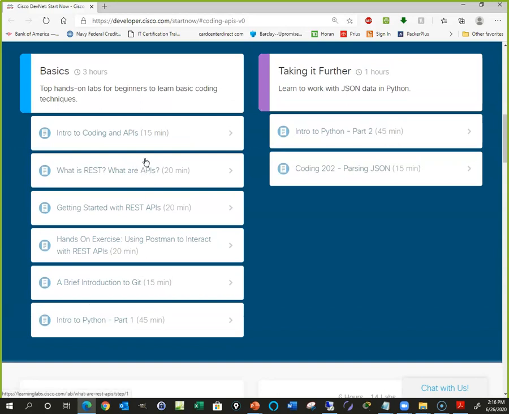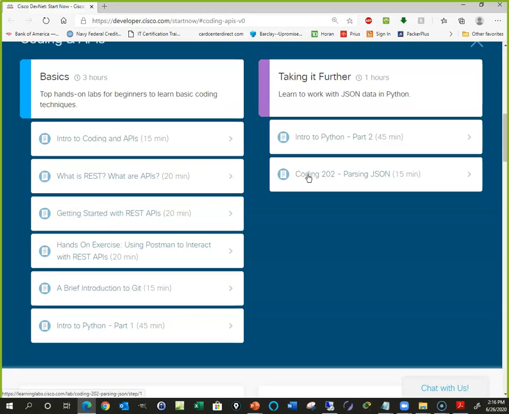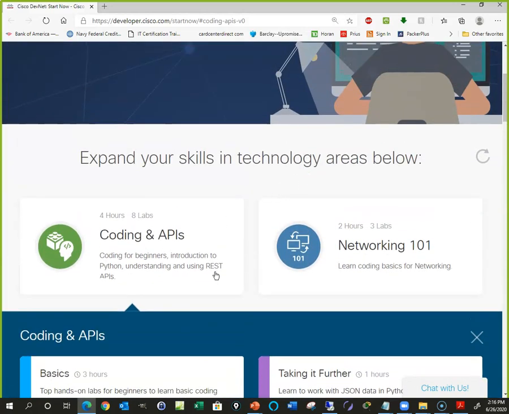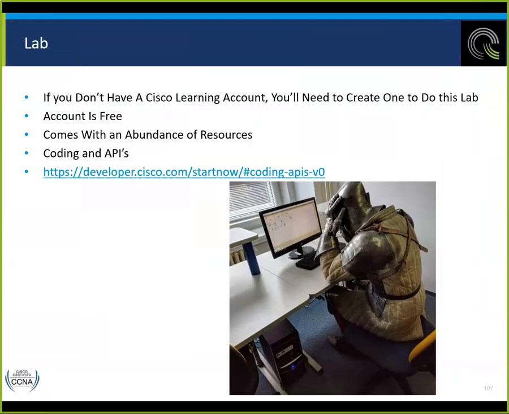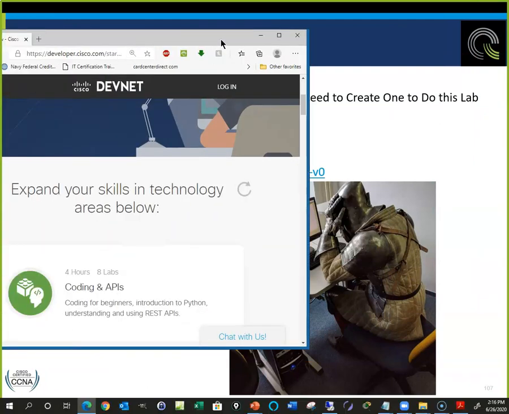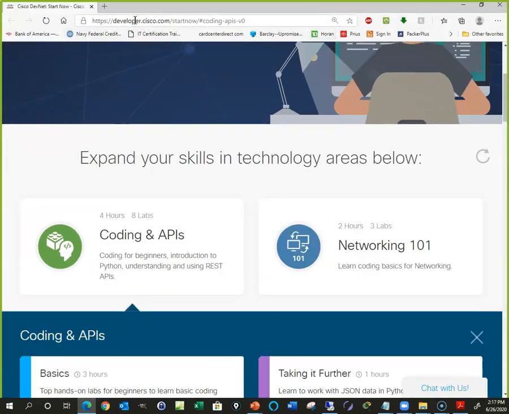But if you want a tutorial in coding: intro to coding, what is REST, getting started with REST APIs, a hands-on exercise, a brief introduction to Git, and then an introduction to Python. If you do all of this, they estimate 4 hours. I'm not sure it'll really take you 4 hours to do that. That is something that might be useful. Many of these might be useful to you, at least for background, to be able to do the different things that we need to do. But before